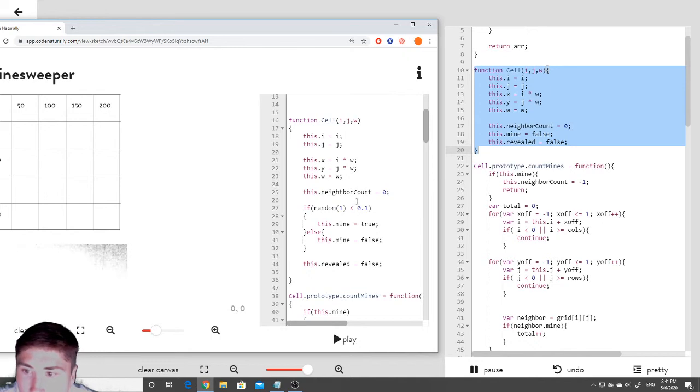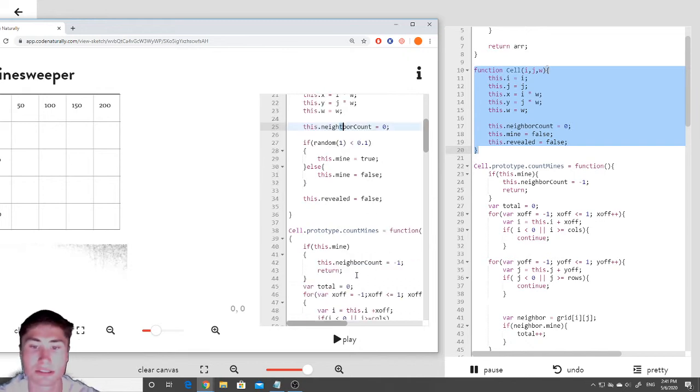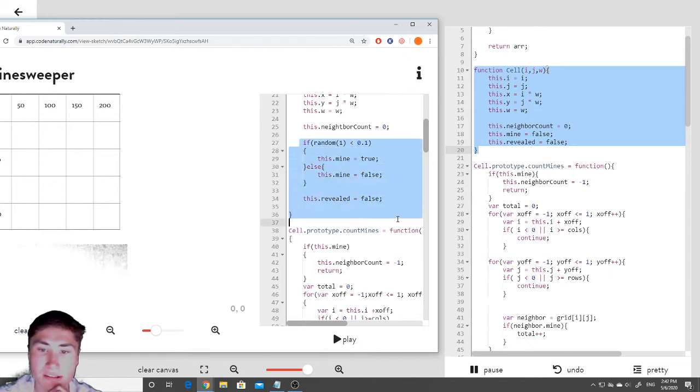Okay, so first thing I'm seeing right here is your neighbor. I don't know if this is consistent, but you have a T right here. Maybe the rest are no, so you don't. So right here, Robert, you have neighbor a T in your neighbor count, but then when you reference neighbor count down here, you're not repeating that T. So I think you might have just accidentally typed that T. And also, we're no longer using this randomization for our mines, so we can delete this and just compact it